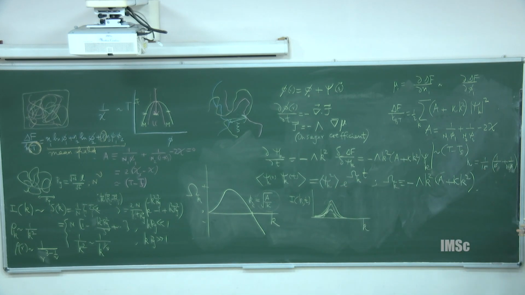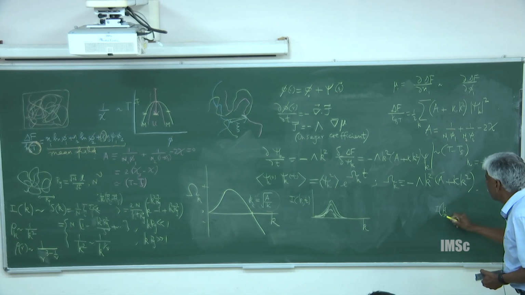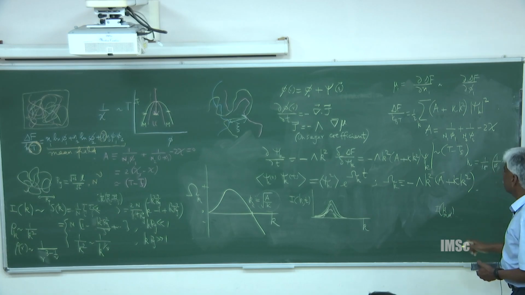That means the peak position would not shift in the scattering intensity as a function of time. Peak position will be at one particular value, but intensity will be going like crazy. So if I plot I of k, maximum intensity, k max, right? No, let me not do that yet.